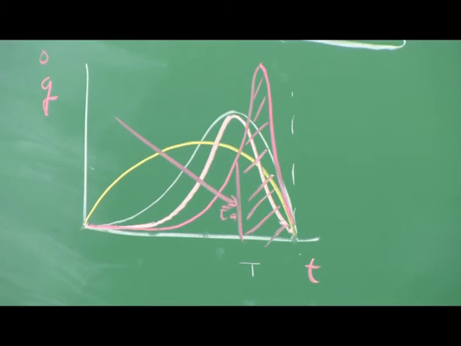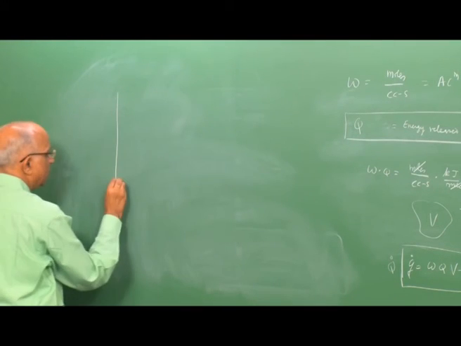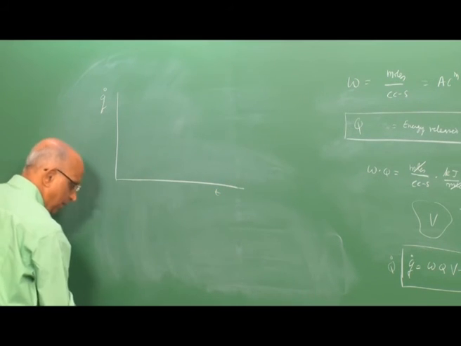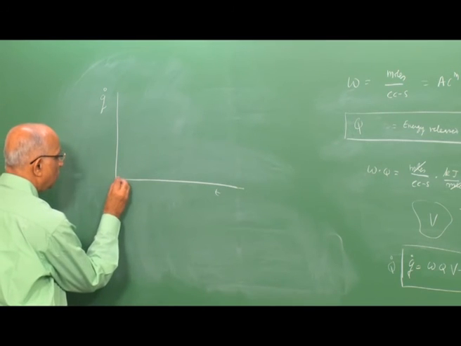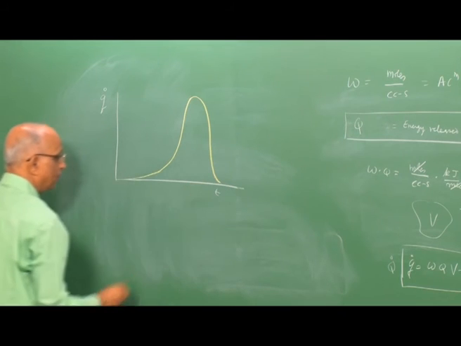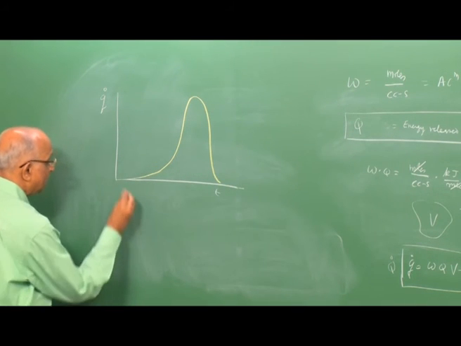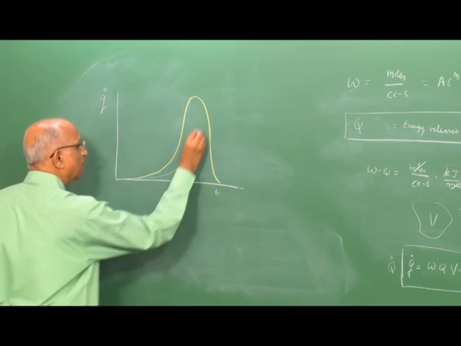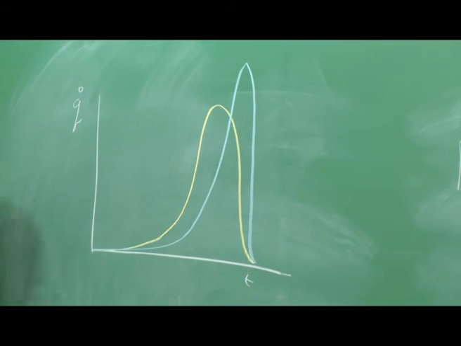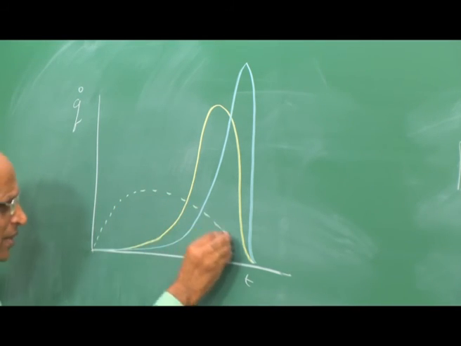The type of energy release depends on factors like this. For most of the explosives, in which the activation energy is large, the rate of energy release with respect to time, q dot as a function of time, starts off rather slowly, takes some time to build up, and you have a peak and it comes down over here. If I have a further increase in activation energy, it comes over here, peaks over here and comes down over here. But if the activation energy is small, what is going to happen? The reaction goes like this.